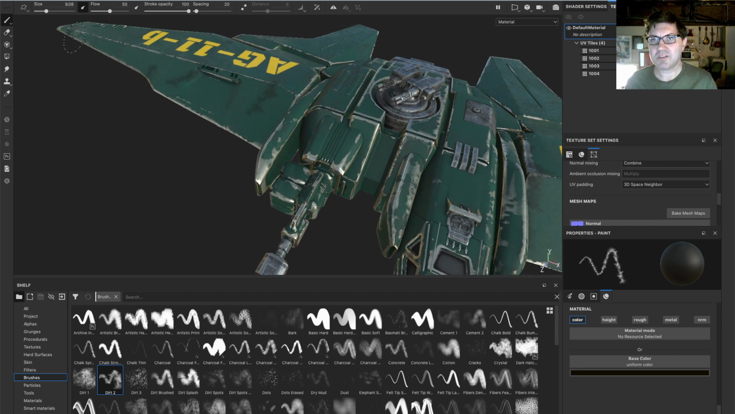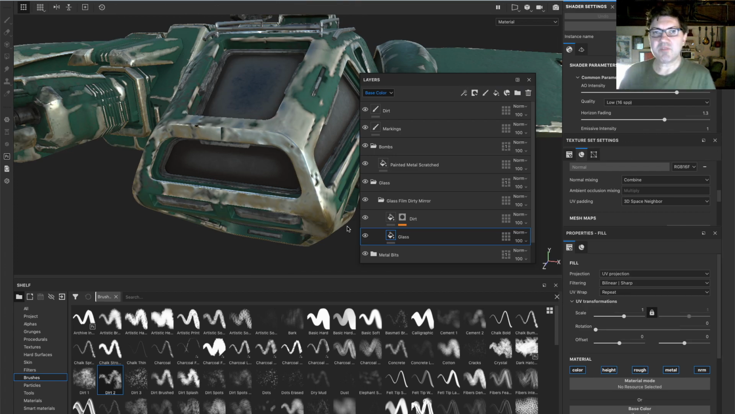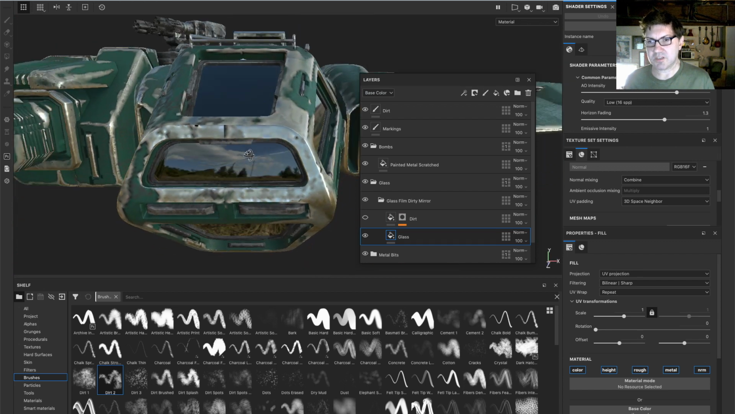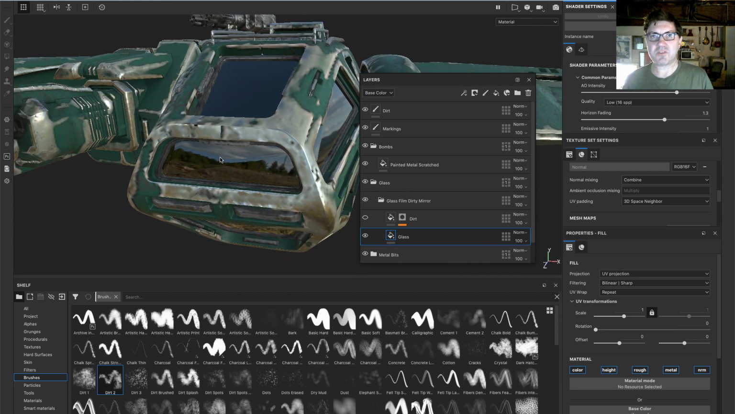Maybe there's some at the very tip. Okay, so however, before we move forward and we go back to Houdini, there's one thing that we need to do, and I want to show you guys specifically on this glass section right here. Let me get rid of the dirt right now so you can see what the problem is. So right now our glass is not transparent, and the reason why is because we haven't told